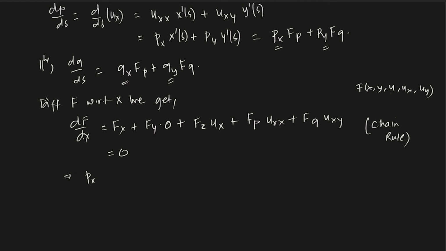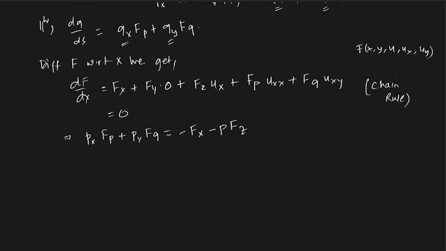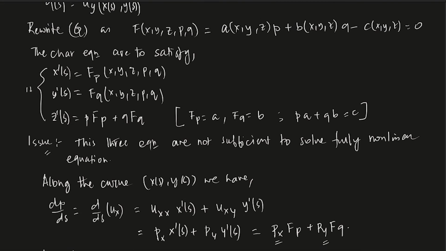This is p_x f_p plus p_y f_q equals minus f_x, minus p f_z. This is p, right? f_u of x is p. So this is another thing which you are going to get. Maybe I can just write it like 3. These are 3 equations, and then I have another equation which is